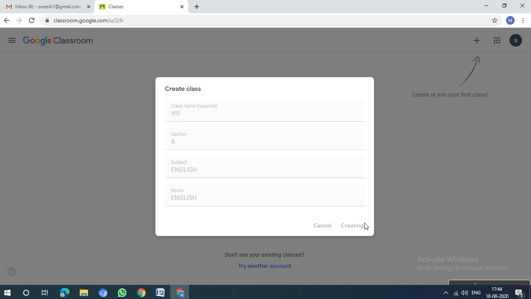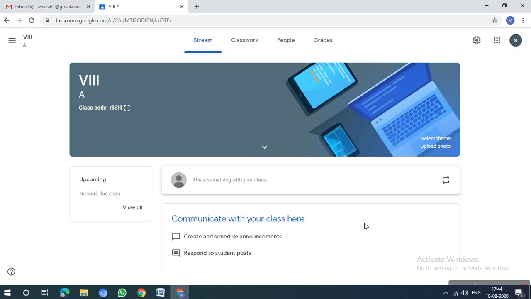How many students will be there, ma'am, including all sections? Sir, approximately 65, 70, 80 like that. No problem. You can create 8 A, B, C, A and B and C like that also. All together one set, you can create, ma'am. Up to 100 you can create without any disturbance. Okay, sir. Thank you.